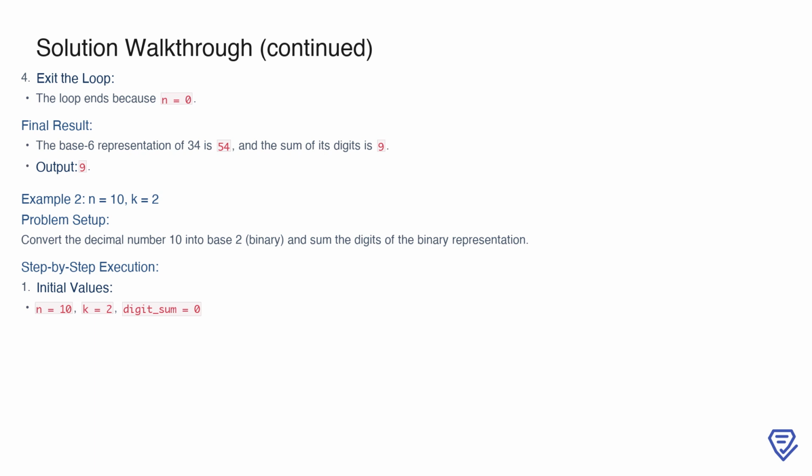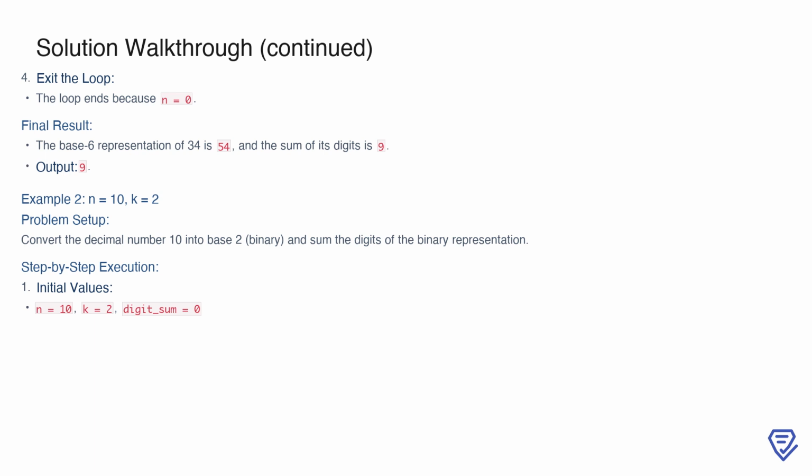Moving on to a new example, we now take n equals 10 and k equals 2. Here, the goal is to convert the decimal number 10 into its binary representation, which is base 2, and then sum the digits of that representation. Initially, we set n to 10, k to 2, and digit_sum to 0, preparing to execute the same